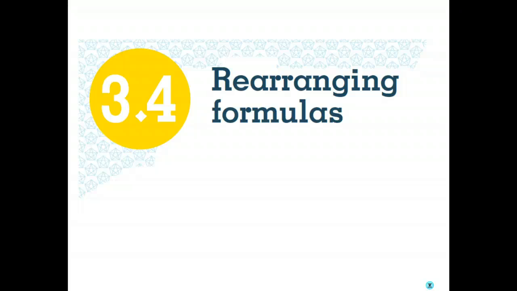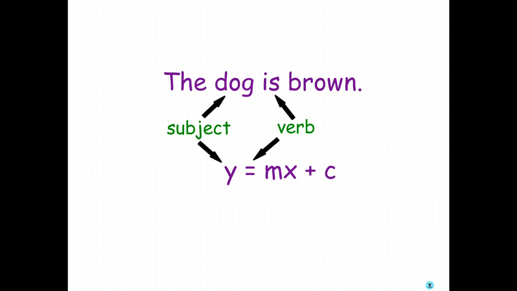Hello, this will be the first in a short series of videos on rearranging formulas, or another way of saying it, changing the subject of a formula. Now, subject of a sentence, the dog is brown, is the object that you're interested in. So the word dog is the subject, and then is the verb. So in an algebraic equation, similarly, the subject is the variable usually on the left, in this case y, and